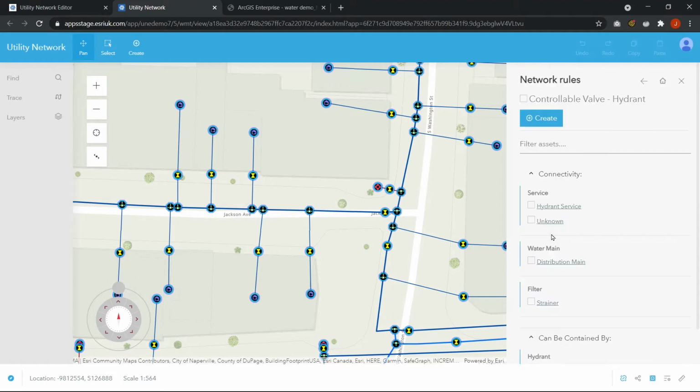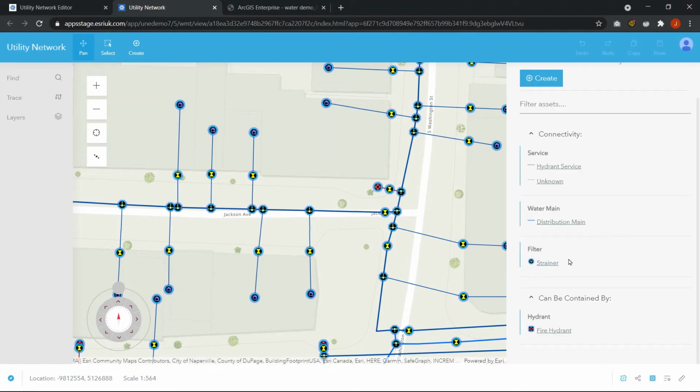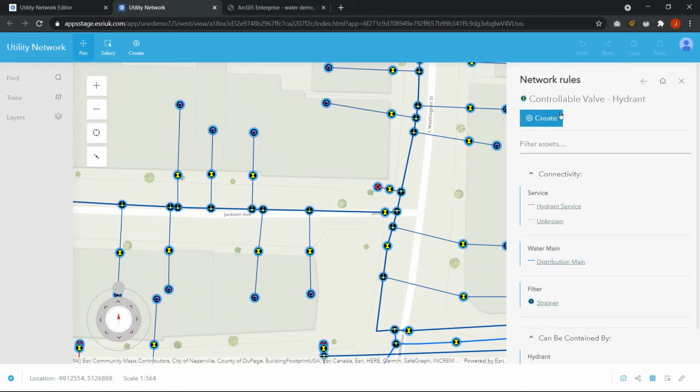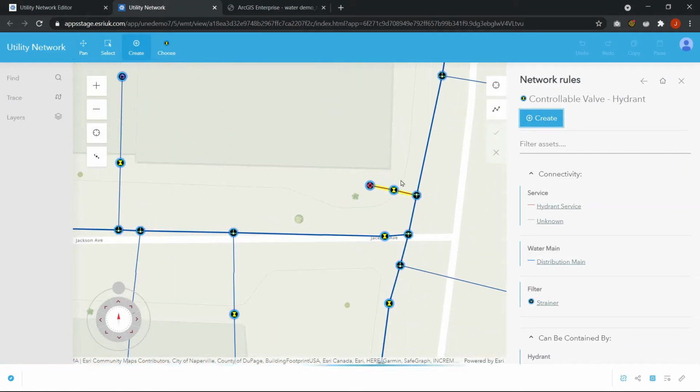Let's look at a hydrant. And you can see here that this hydrant valve can be connected to a hydrant service, and it also can be contained by a fire hydrant. I've got the option directly from my network rules panel to create one of these controllable valves. And you'll see if I zoom in, it's glowing on the map exactly where would be a valid place to